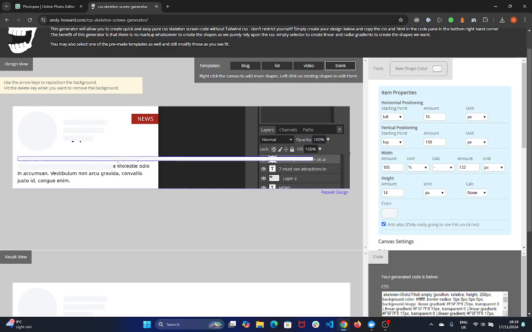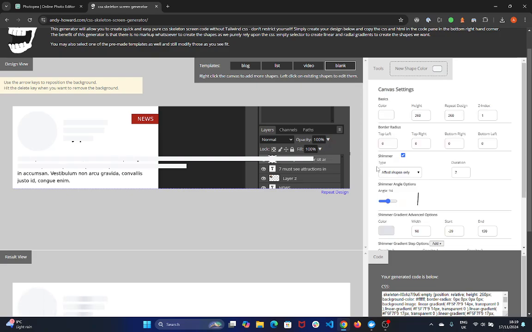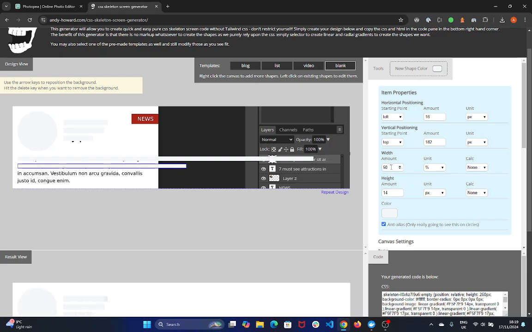Again, just checking the left position, 16, 16 there. First one was 14 pixels in height. And again, we're going to change this to 100% width. Going to add a calc in there, and then maybe a slightly different amount, maybe 200 pixels,